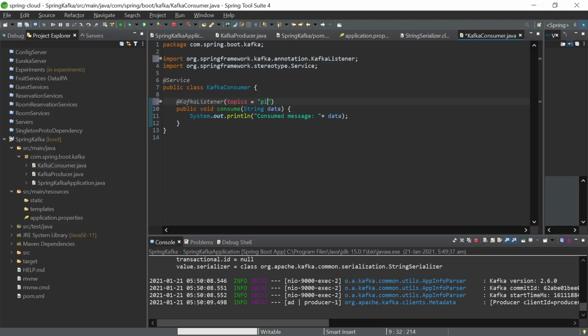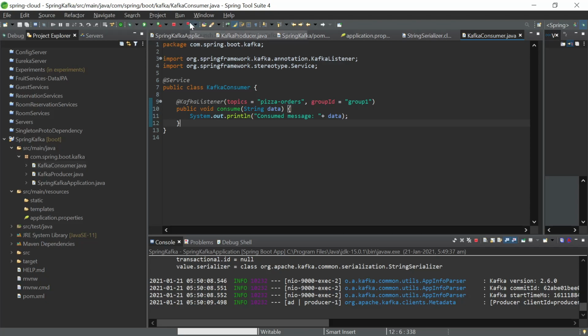Wait. It was pizza orders. Now apart from this, we should also specify the group ID so that we know which consumer group this particular consumer belongs to. And that's all that we need here.